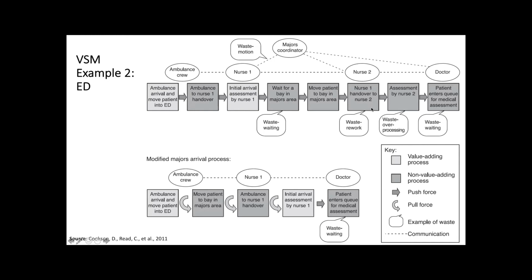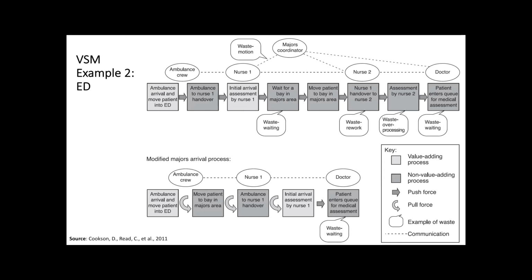and they do the assessment. So in this process flow, we can see exactly which of these operations are value added. Basically only two of them are value added: when the ambulance brings the patient and when nurse one does the initial assessment. The rest are either waiting, which are non-value added for sure, and then here there is this nurse two assessment that I wouldn't consider a waste in terms of waiting, but